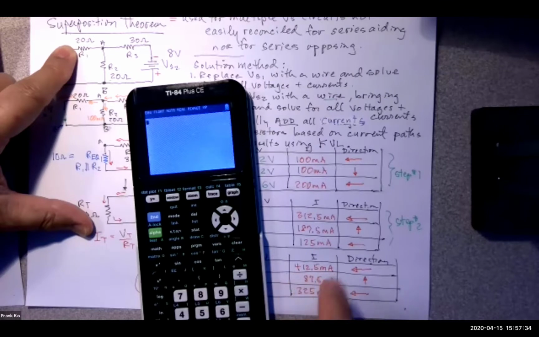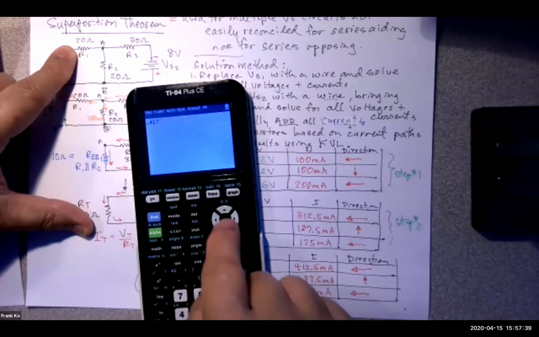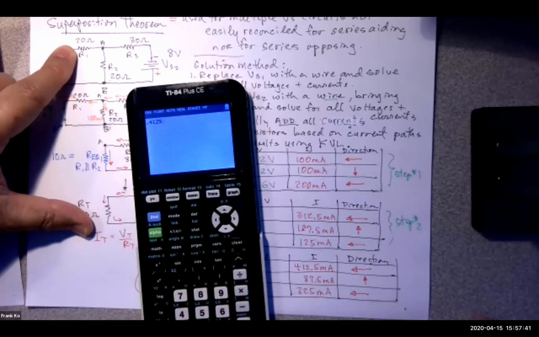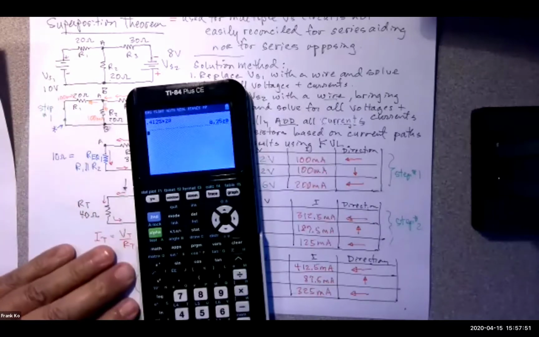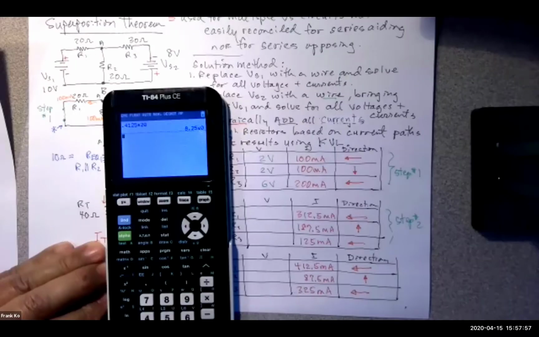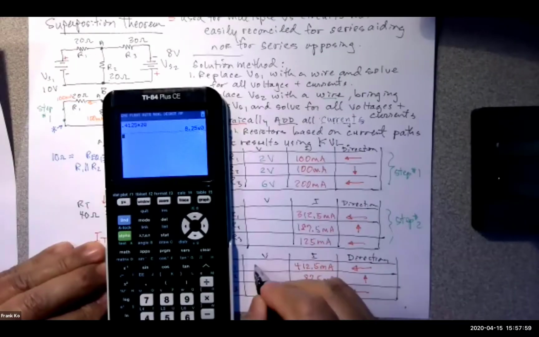This 412.5 milli is simply 0.4125 in decimal form. And I'm going to multiply that by 20. Bam. How many volts do I get there? 8.25. So that's fast math. Okay. So I have